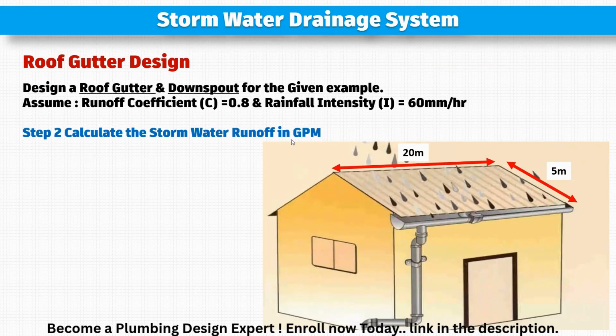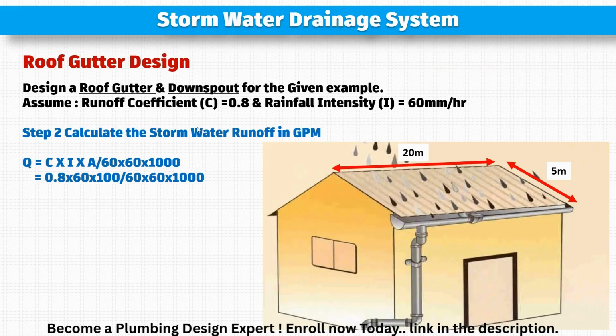Step 2, calculate the stormwater runoff in GPM. How much water will be collected from this sloped roof? So we have a formula that we have studied: C into I into A divided by 60 into 16 to 1000. We have C, that is the runoff coefficient 0.8. We have rainfall intensity, that is 60 mm per hour, and A is the catchment area. In the first step we have calculated that, that is 100. We have put in all the values and we get